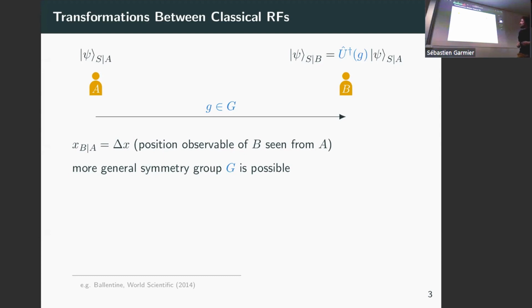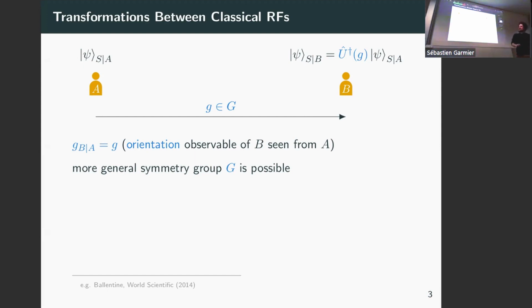This thing that transforms the state becomes a unitary representation of my group. This is also something I have to choose according to what I'm interested in. The circumstances will tell me which representation I have to use. And then the G is now the value of what we call the orientation observable. Before it was the position observable, but now more generally called the orientation observable.